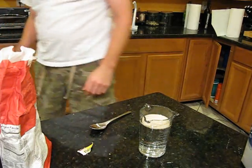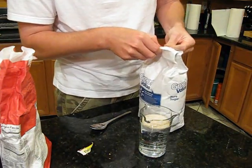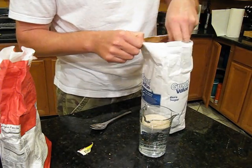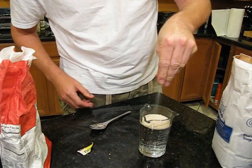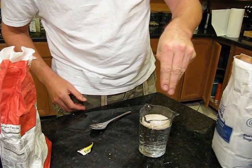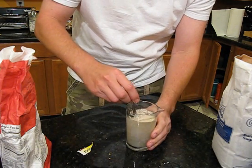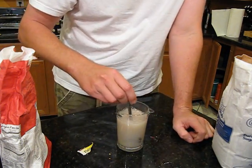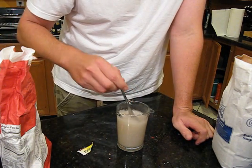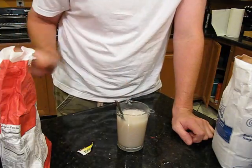We're going to add some sugar because yeast feeds on the sugar and turns it into alcohol and carbon dioxide. Not a lot, just a little bit. And we're going to stir this together. What we're doing here is called a starter. We're getting the yeast activated, getting it feeding on the sugar, and then we're going to use this and pour it on top of